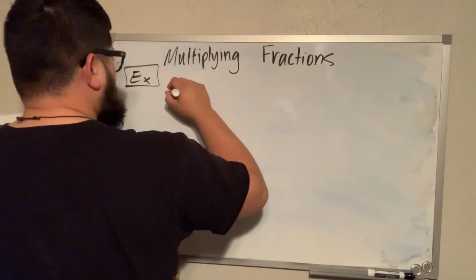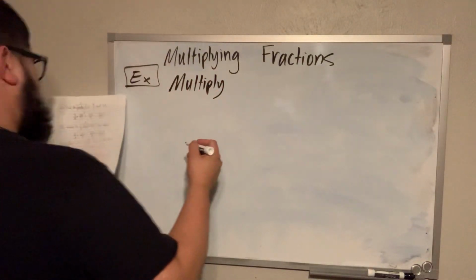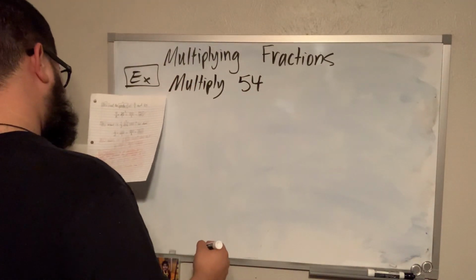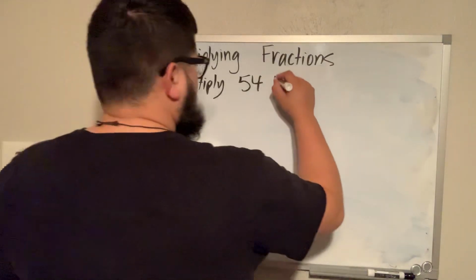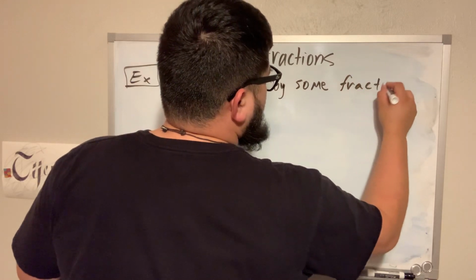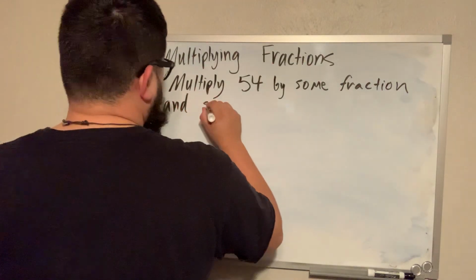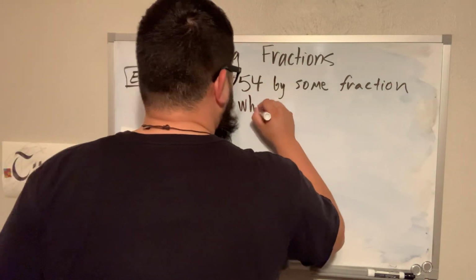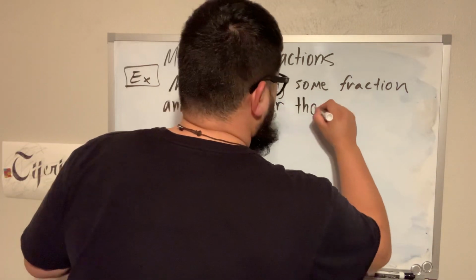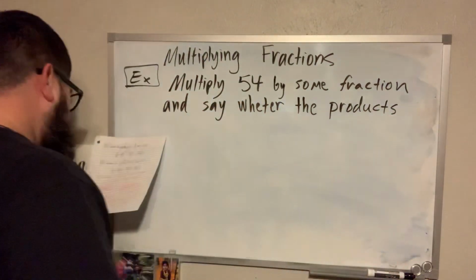So multiply, you write this down, multiply the number 54 by some fraction, and say whether the products, remember, products is the answer to a multiplication problem,